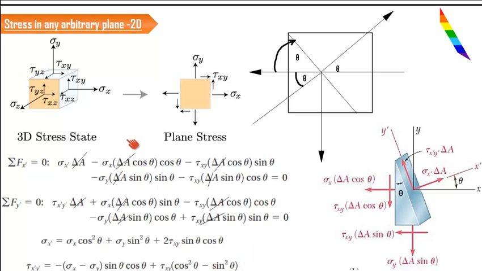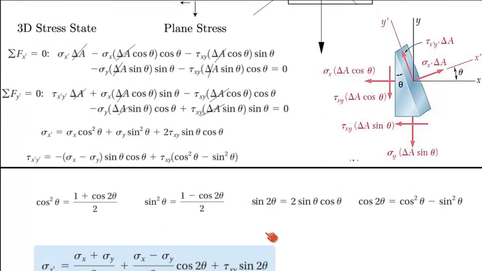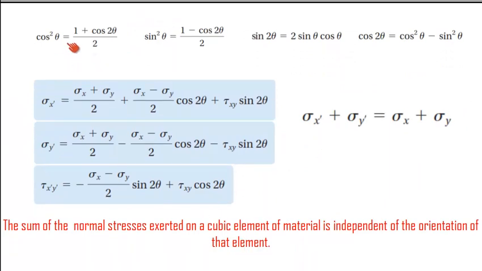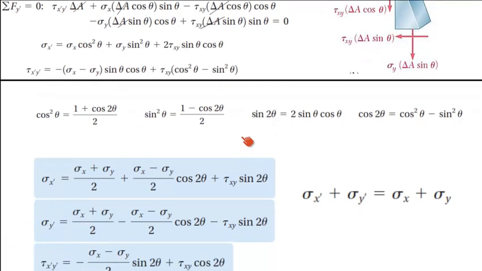So in order to understand this, kindly take a paper and draw these figures, and by using simple mechanics resolving methods, you resolve it and group it. That's the easiest way of doing it. Okay, now everything is simplified. Now we will substitute the trigonometric relations: cos square theta as 1 plus cos 2 theta by 2, sin square theta as 1 minus cos 2 theta by 2, and sin 2 theta is nothing but 2 sin theta cos theta, and cos 2 theta is cos square theta minus sin square theta.